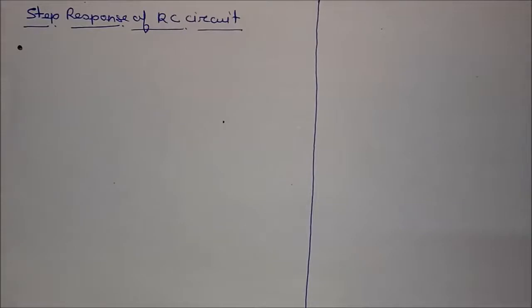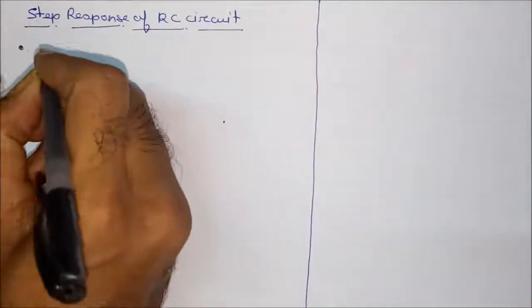Up to now we have completed the different types of responses present in an input-output relation. So starting with this topic, the step response of an RC circuit, it's a first order circuit. First of all, draw the circuit. This is the RC circuit. I'm including the initial conditions also. So what is happening? This is the circuit,